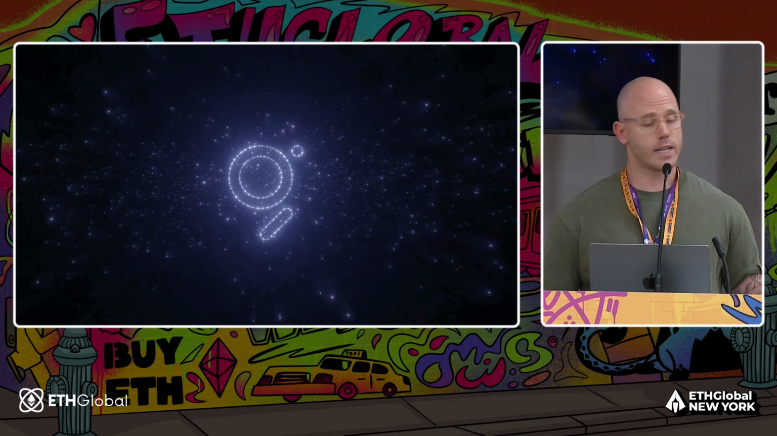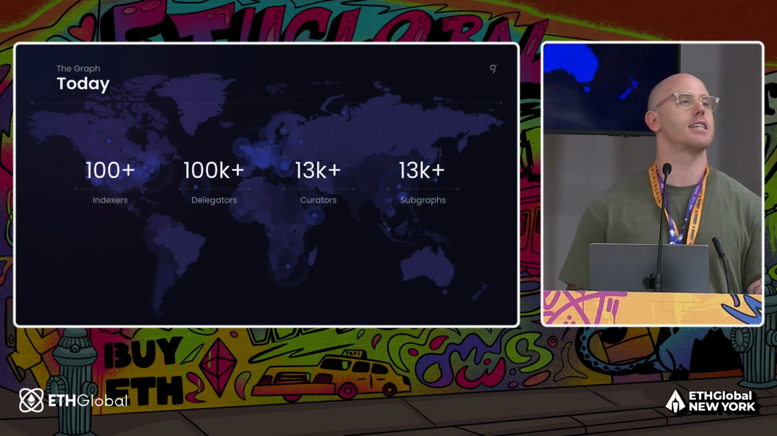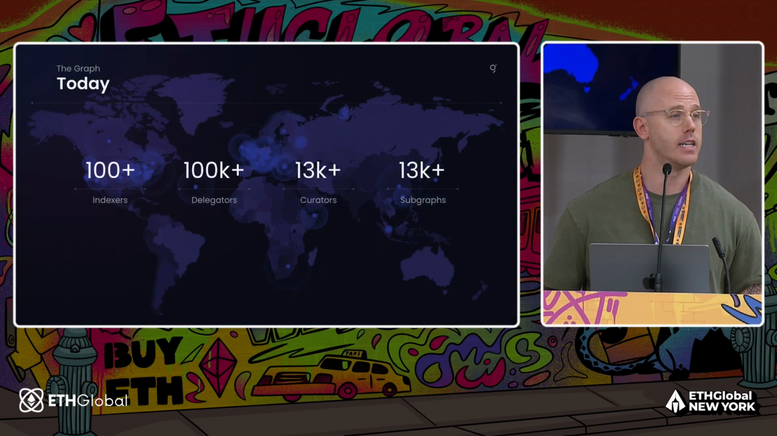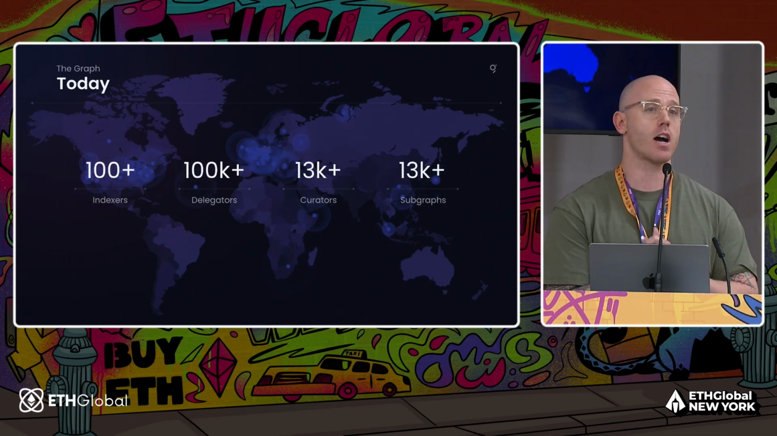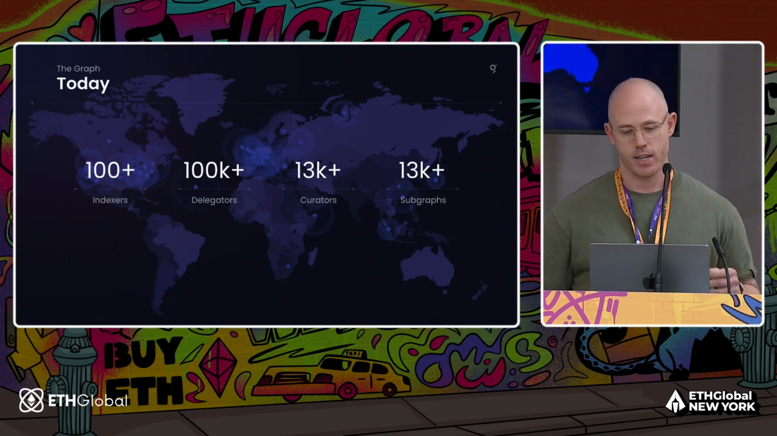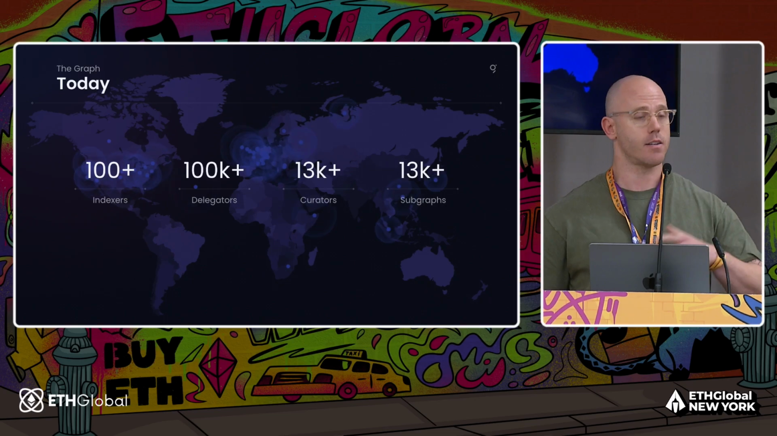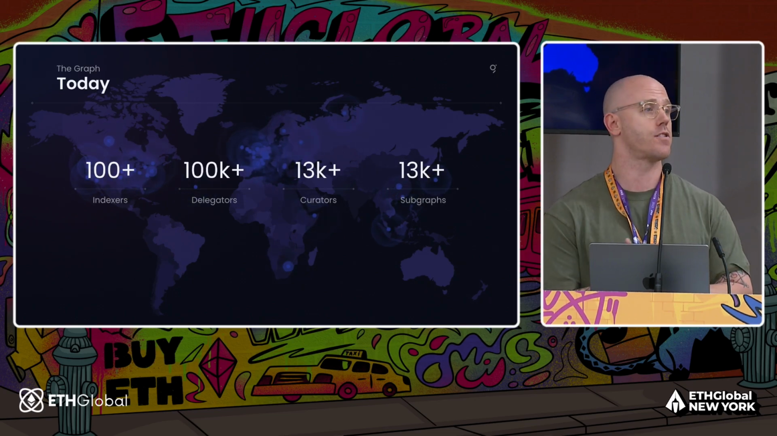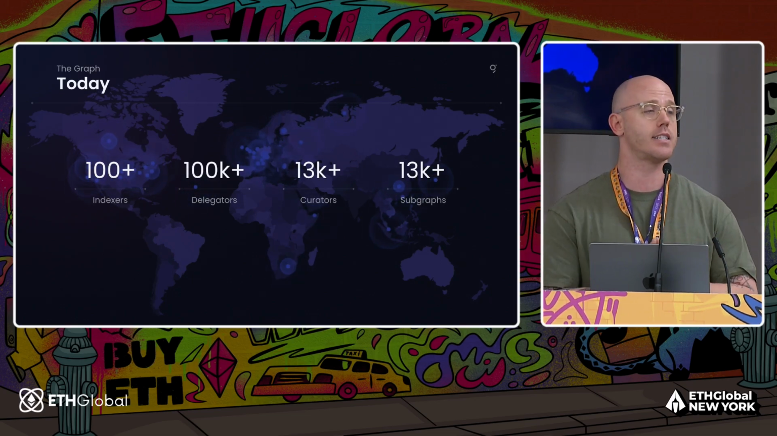So what is the graph? The graph is a decentralized indexing and querying protocol. If you need blockchain data, we have many products to get you blockchain data. And here's some stats about us. One of the big ones is we have 100 plus indexers on the graph network, which is our decentralized indexing